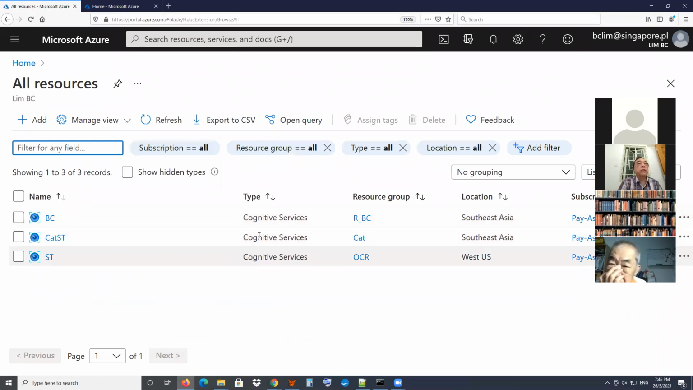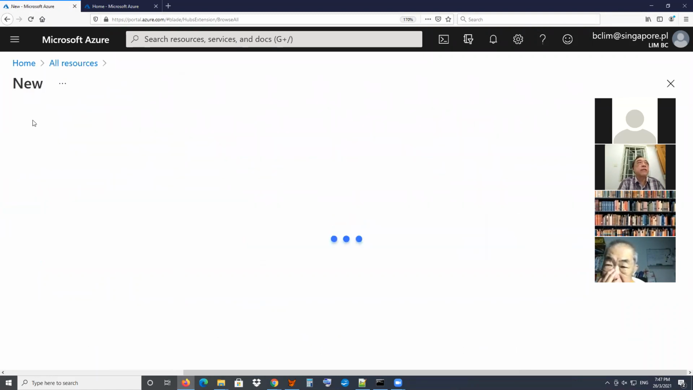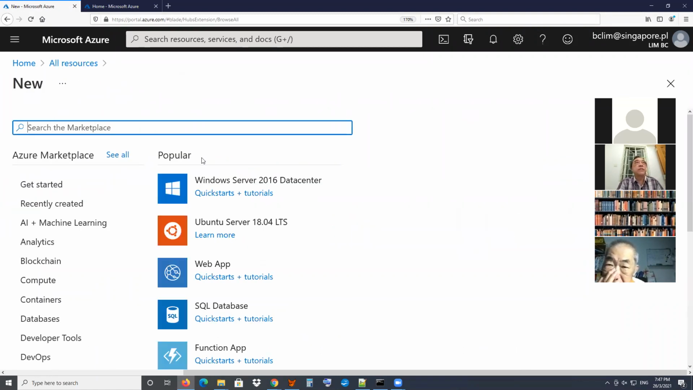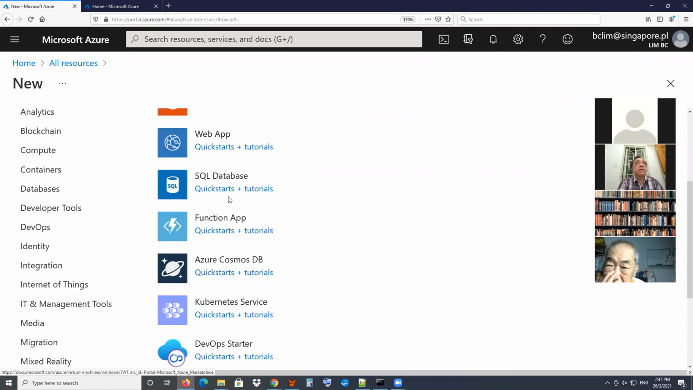Okay, so you only see cognitive services. But there are many services, so many that I also lost count and am not quite able to follow. So for example, whatever you want, you just click add. Okay, then what services do you want? Okay, you have